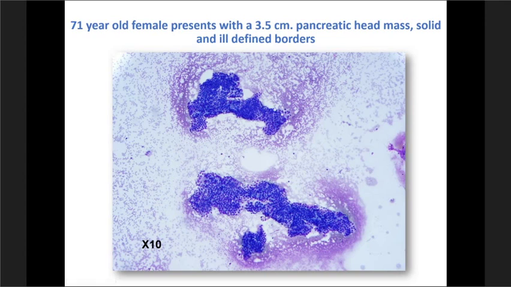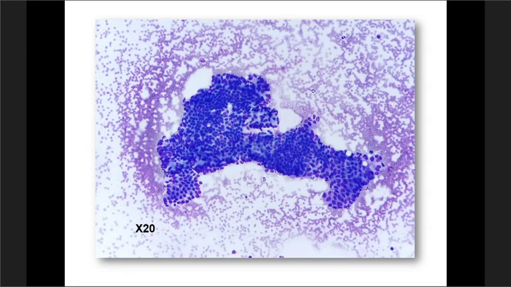And even with this power, I can see the somewhat haphazard arrangement of the nuclei here and the individual cells. What I also don't appreciate is the presence of goblet cells. So if duodenal contamination is a question, I'm relatively certain that that's not what this is. I'm indeed dealing with ductal cells, but what do they represent? This is again the same picture,